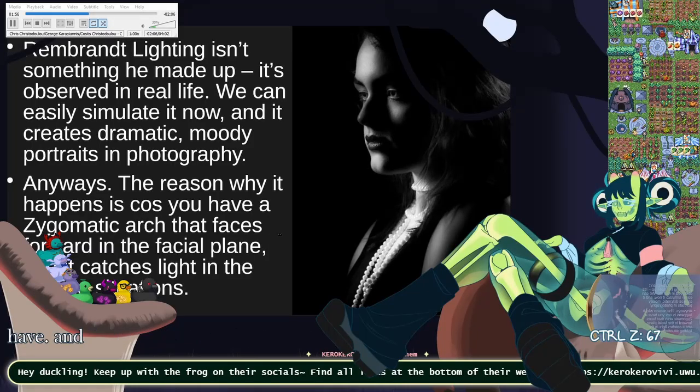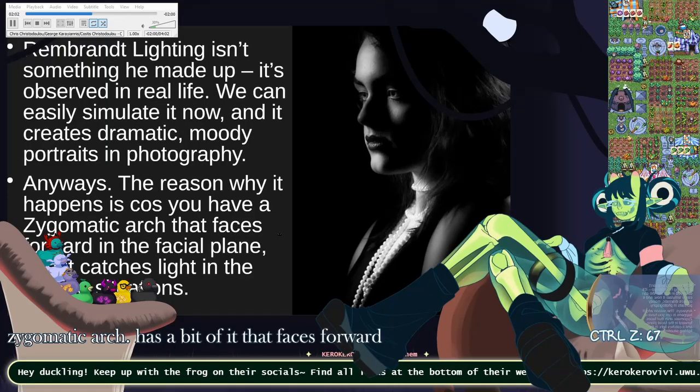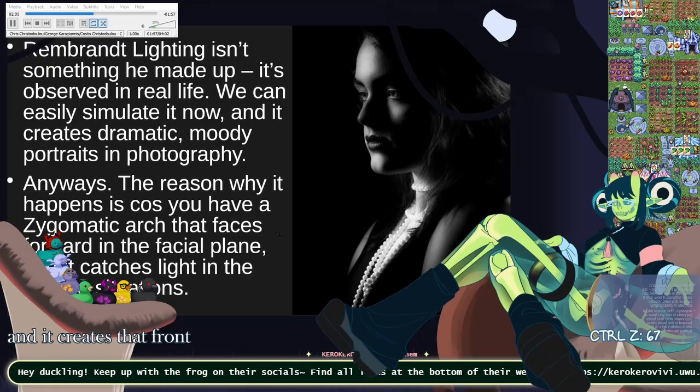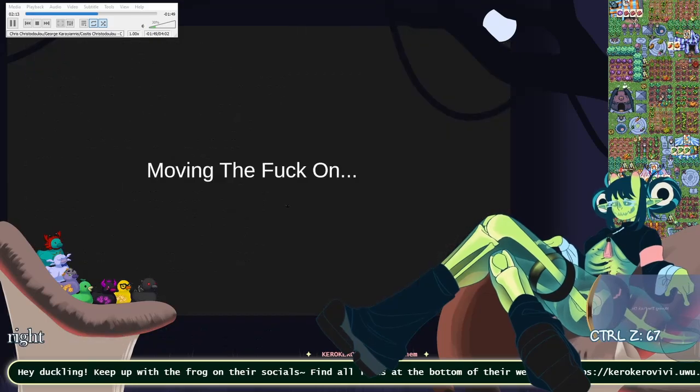And the reason why it happens is because the zygomatic arch has a bit of it that faces forward on your face, and it creates that front facial plane of your cheek, and it catches the light in a dramatic lighting situation from the side, right? Anyways,